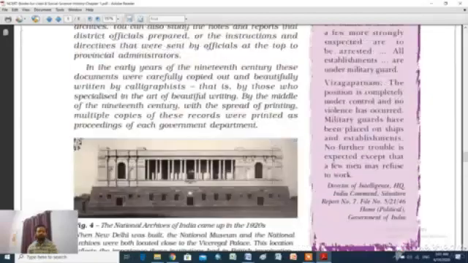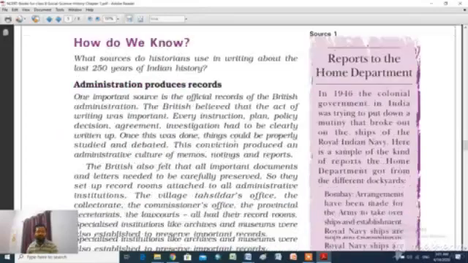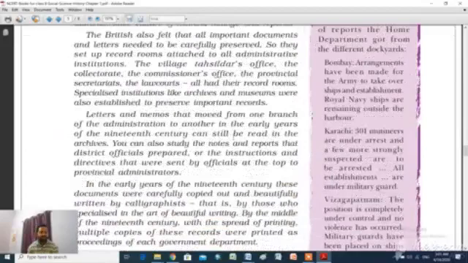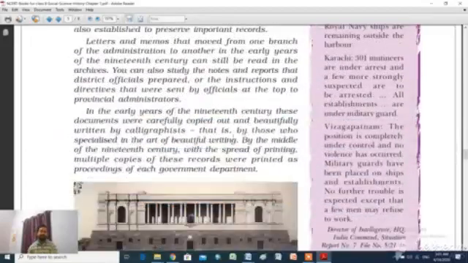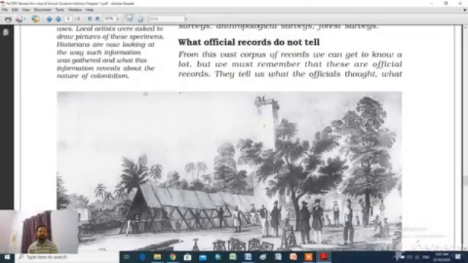So what sources do historians use for writing history? Administration procedure records. It means the records kept in police stations, in district magistrate offices, and several museums, etc. Surveying records, from the authority who also prepared the map of India. But here is a problem: what official records do not tell. At that time there were lots of events, but official records only kept a specific event. For example,